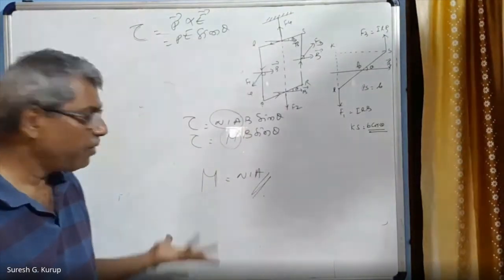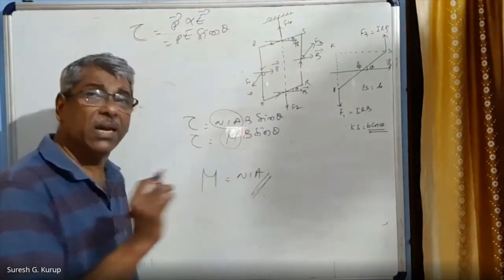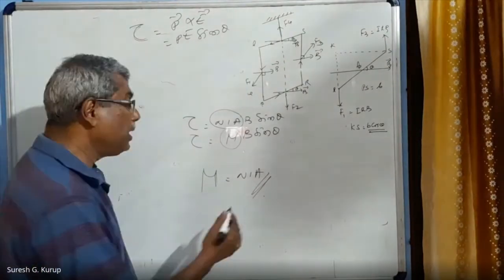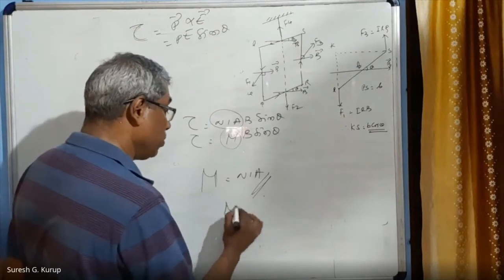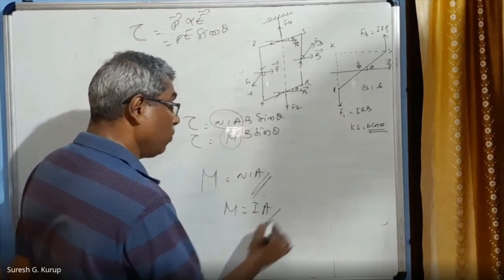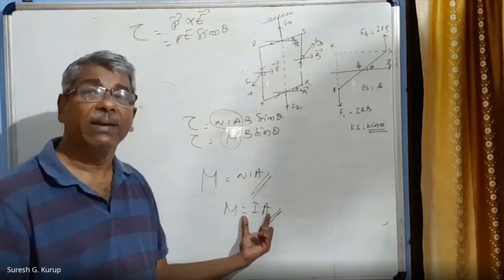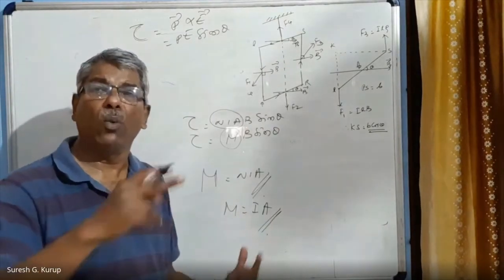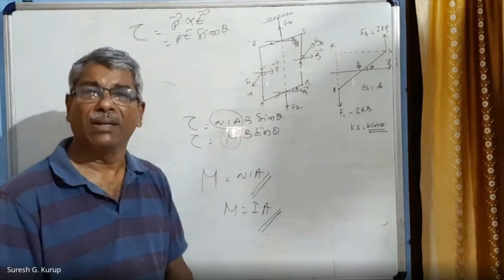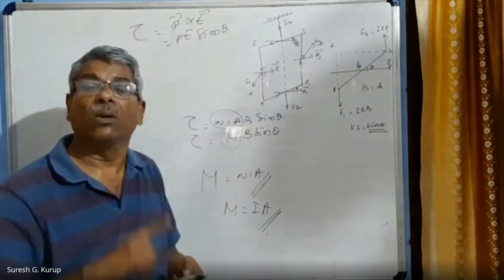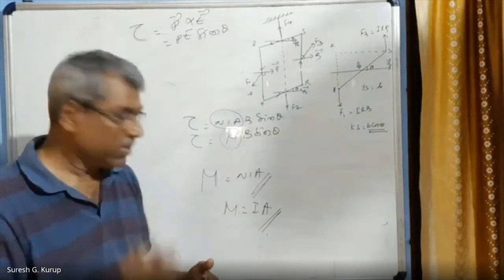Area is equivalent to, everybody knows, right? If the coil has only one turn, not N turns, only one turn, then the magnetic moment M is equal to IA, we can write, right? One turn. So this is just IA. Suppose electrons are moving around the nucleus of an atom. That is also a current loop. That current loop is circular. Am I correct?